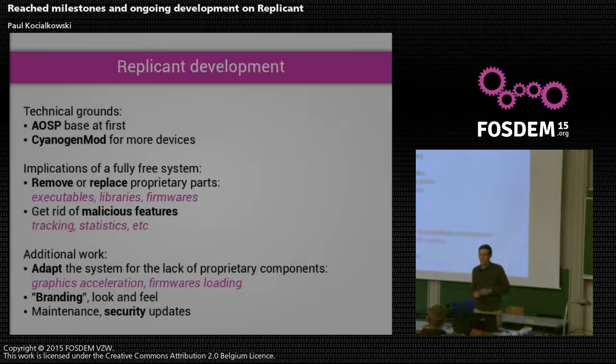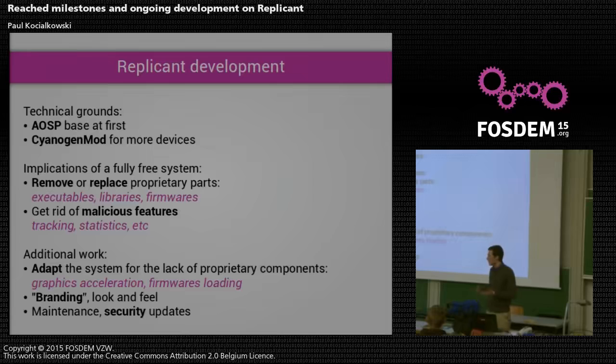It first started as a derivative of AOSP, which is the Android Open Source Project, which is roughly the free version of Android that Google releases when they feel like it, because sometimes they don't. If you remember Android version 3, they didn't release the source code, and we had to wait for version 4. So that's what we used as a base at the very beginning.